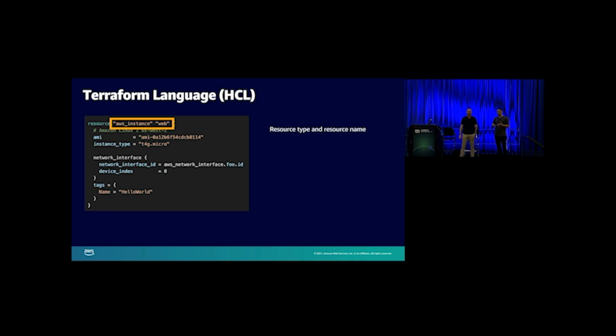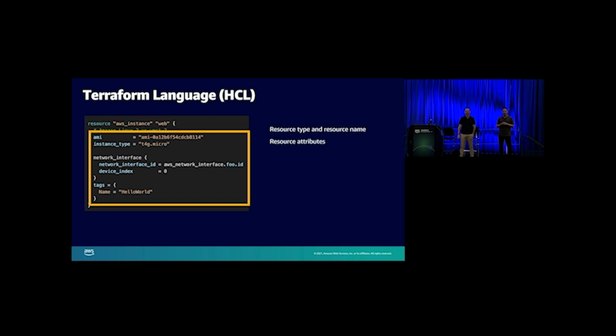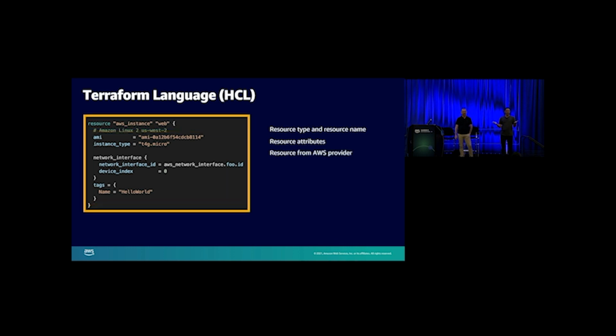Each resource type has attributes. These attributes allow you to express the nuance of the configuration that you're trying to achieve. What's your declared state? What's the AMI type? What's the instance type? That sort of thing. All resources have these attributes. We'll see where those get added to the backend in a minute. But the overall question that we want to talk about today is where does the AWS instance resource type come from? Well, it comes from the backend, which is called the provider, which is written in Golang.